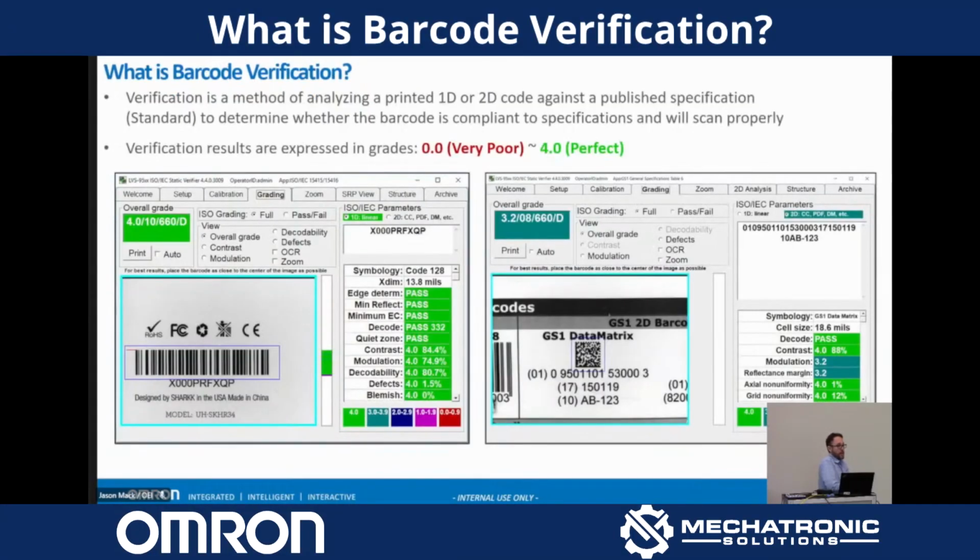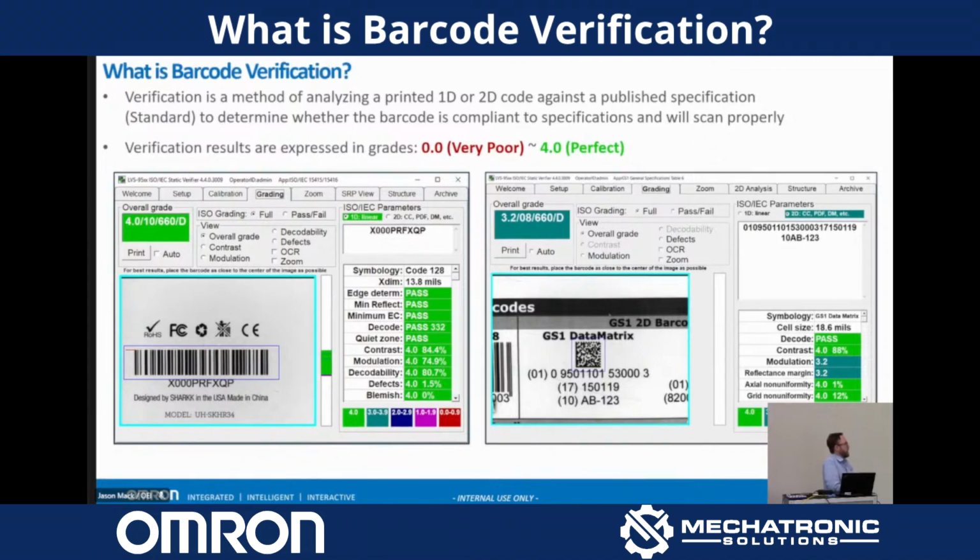What was created, and this is from the earliest standards, is something called barcode verification. So you take each of the codes that you print, and you give it a bunch of different categories for us to look at. These are all the same things that we talked about at the beginning in quality. But you give them grades. These grades are standard for labels. It's a specific standard, the 15415